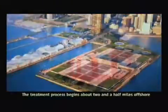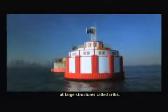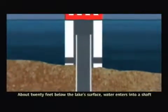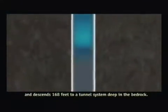The treatment process begins about 2.5 miles offshore at large structures called cribs. These are like the straws of the city's water supply. About 20 feet below the lake's surface, water enters into a shaft and descends 168 feet to a tunnel system